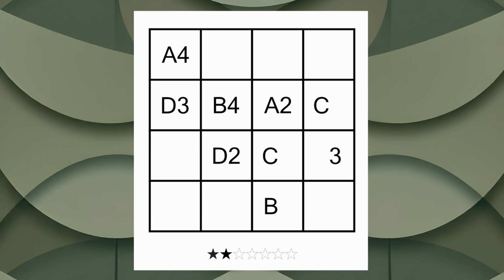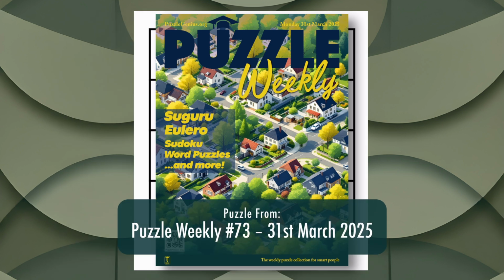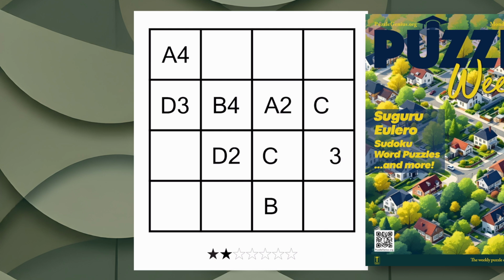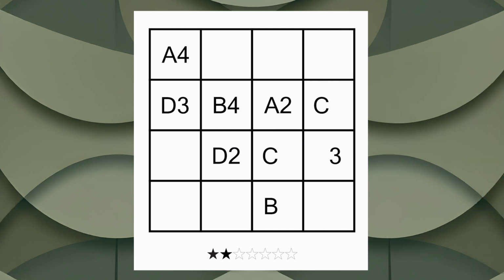I'm going to start with this very simple. This is a 2-star. We have got some slightly simpler ones, but they're really easy. We'll start with this 2-star puzzle. This is from a back issue of Puzzle Weekly. That's our free magazine. And this just gives you an overview of how we play Eulero. We don't need any complicated logic, and we don't really need to note any candidate numbers or letters in this grid. It's pretty simple. So the easiest way to attack this is to look at each part of the Sudoku